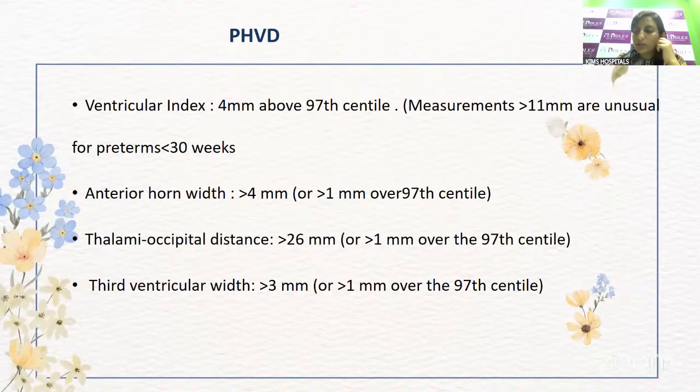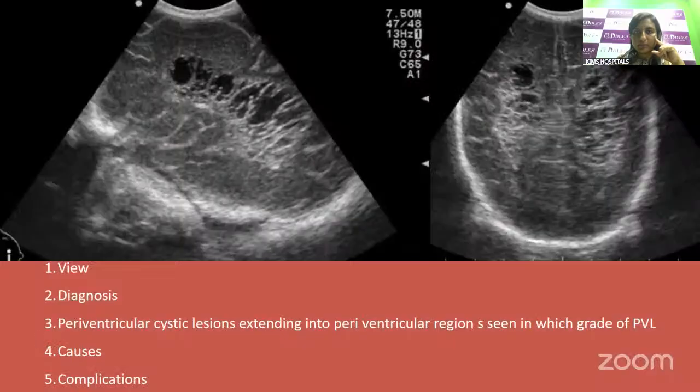So for post-hemorrhagic ventricular dilatation, we have discussed the 4 indices: the ventricular index, the anterior horn width, thalamo-occipital distance, and third ventricular width. So now let's proceed to the next question. So what are the views and what is the diagnosis? So here we see sagittal view, the most lateral sagittal view, and this is the coronal view. The diagnosis is